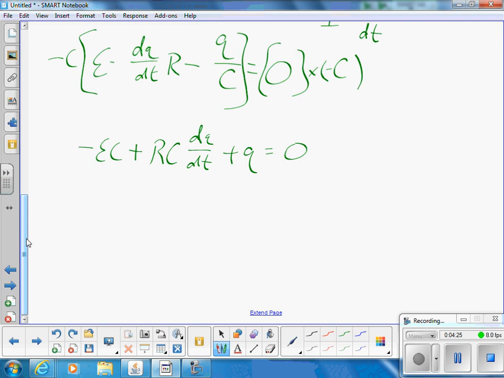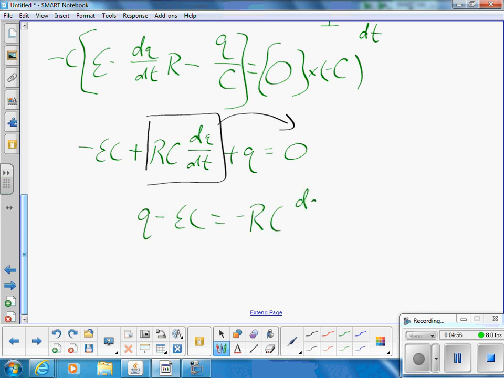Okay, I'll do a little bit of rearranging, and my goal is to get all the Q stuff on one side of the equation and all the t stuff on the other side. Separation of variables, I believe they call it. So I'm going to start that by taking this term and subtracting it from each side. And I'm also going to take my negative EC plus Q and write that as Q minus EC equals negative